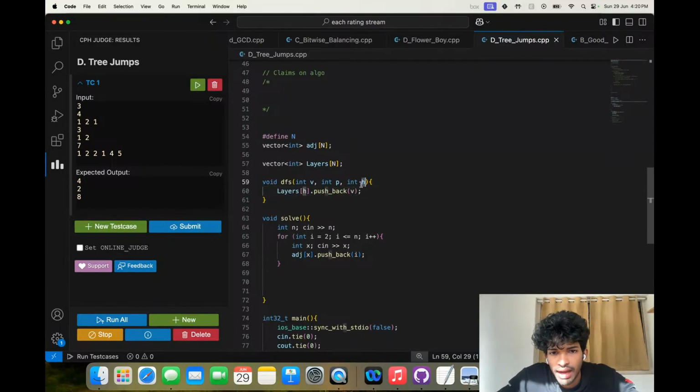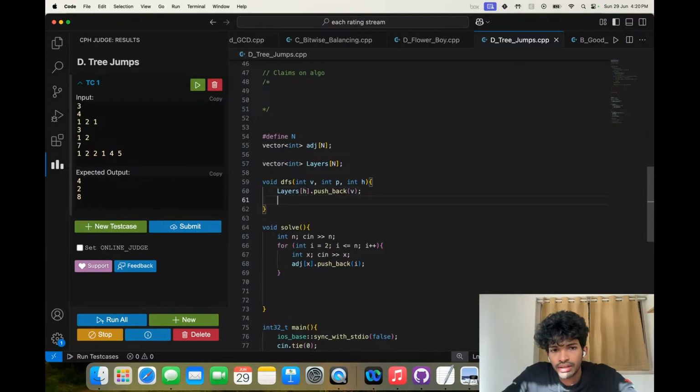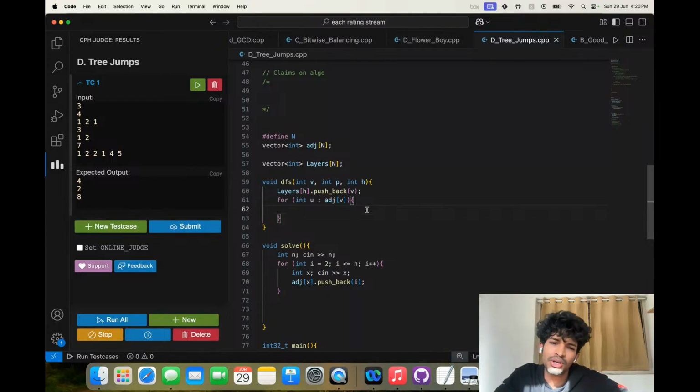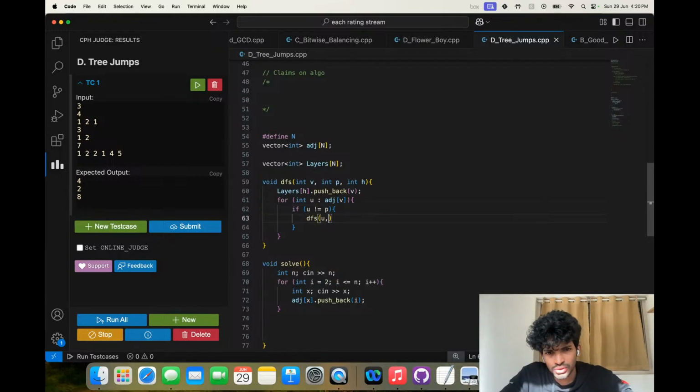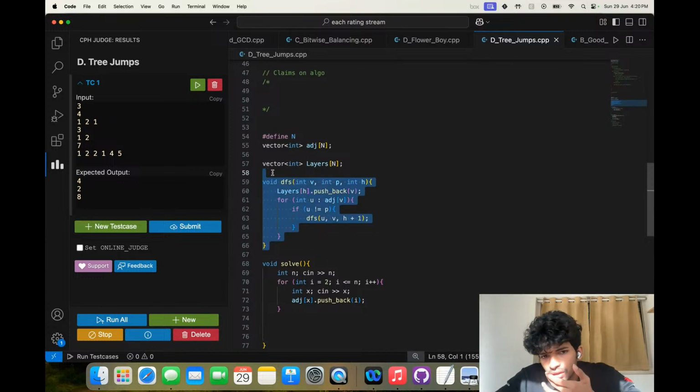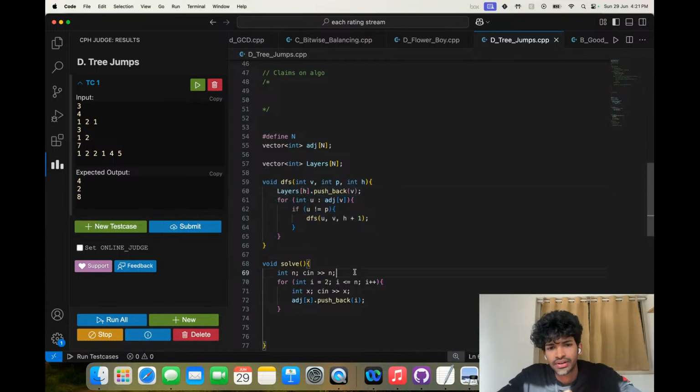So when we are at a height h, we are just pushing v into that, and this is simple DFS, right? I don't want to use BFS because it's just a tree. If it is a graph, maybe BFS makes sense. If it's just a tree, we can just do this to traverse a tree. Tree traversal is best. This is basic DFS, and then I'm just pushing it into this layer.